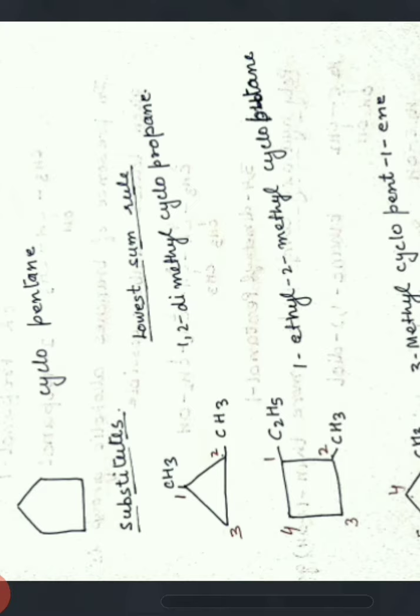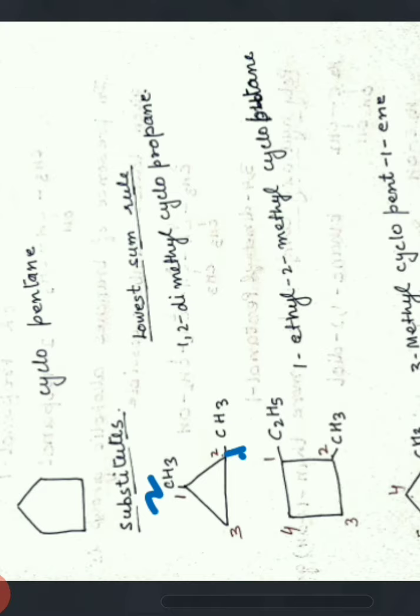Now if you start numbering from any carbon atom which is a substituent, you can see there are two methyls. If you number them in the shown manner, both the methyls get 1 and 2 respectively. If you start numbering the other way, for example, you write 1 here and 2 is given to the other carbon, in that case also the name does not change. But these two carbons cannot be given number 3. So in both cases, the name of the compound becomes 1,2-dimethyl, and cyclopropane was the parent compound, so it will remain as such.